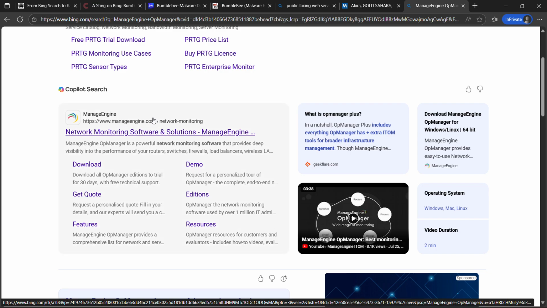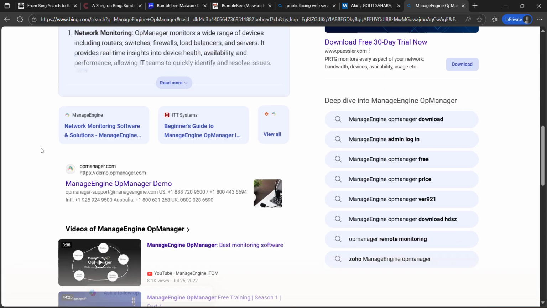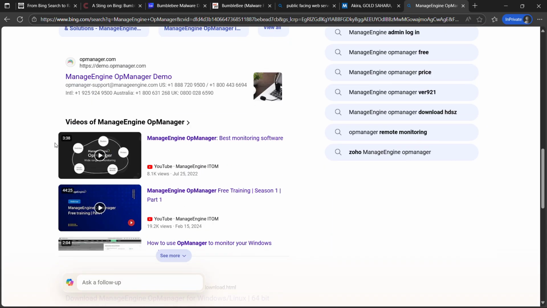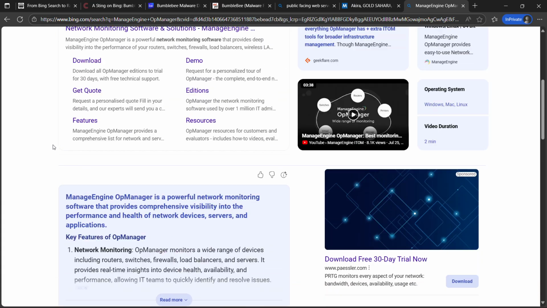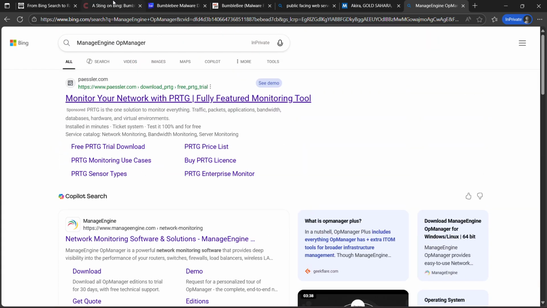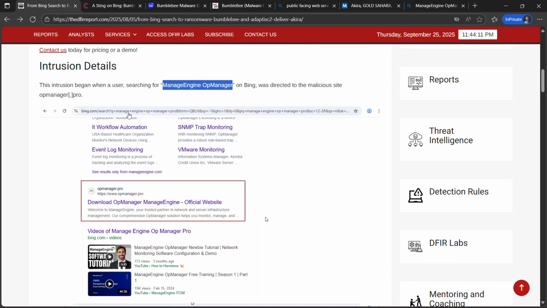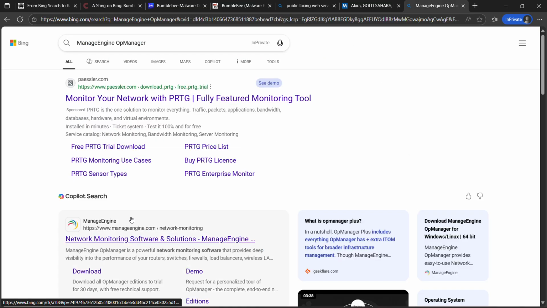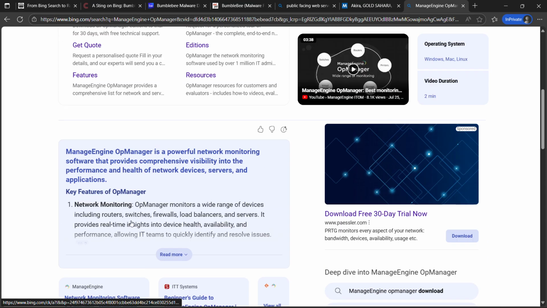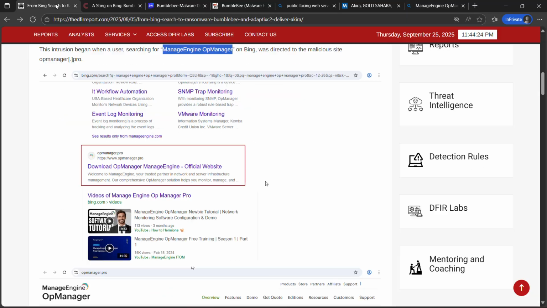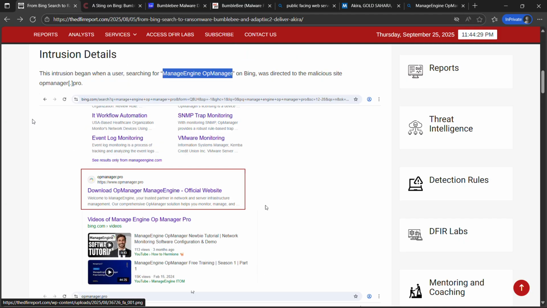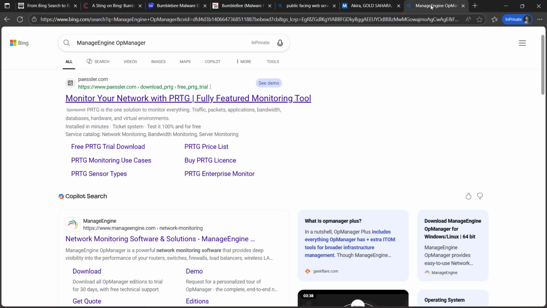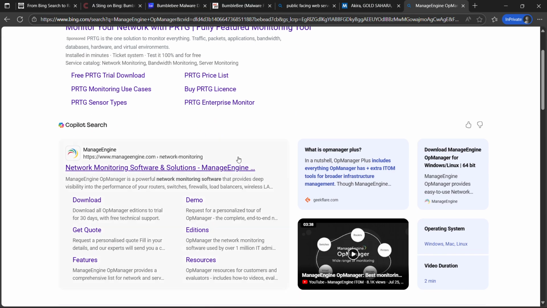This one is more believable, right? Because it's .com. Usually you will go for something with .com, but the thing with this is that it's SEO poisoned. So this showed up right around here at the top because the search engine is poisoned. I think someone will view it as believable just because it's on top,